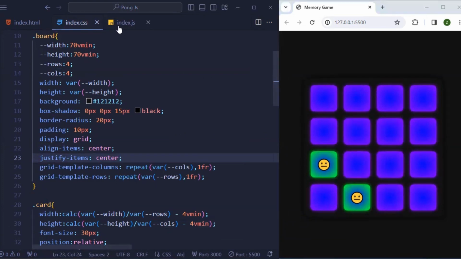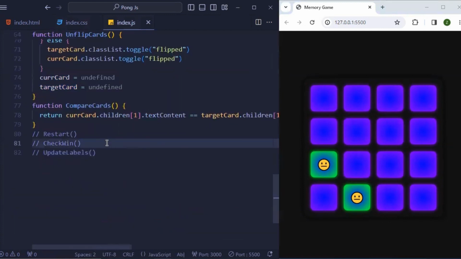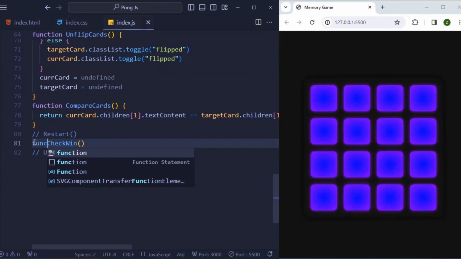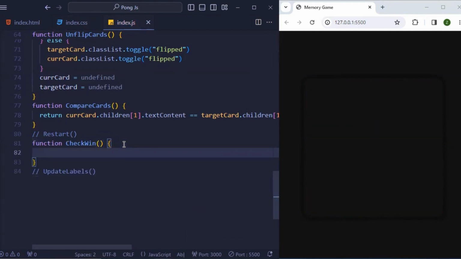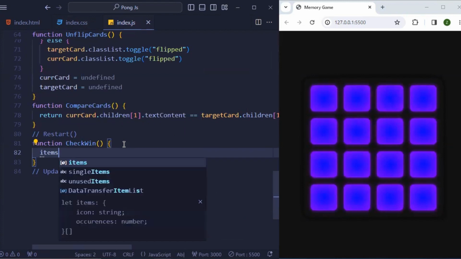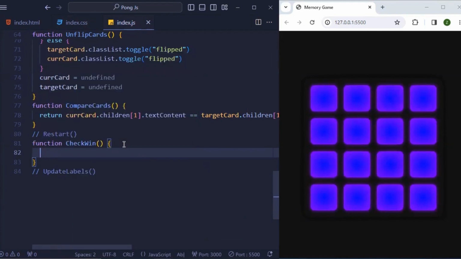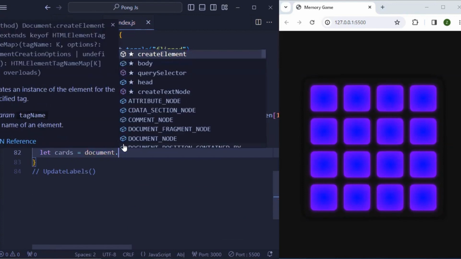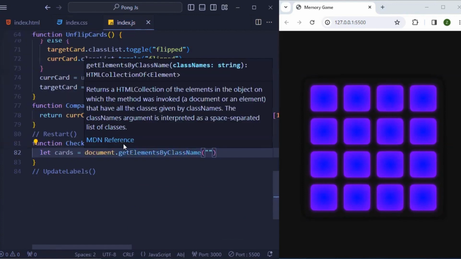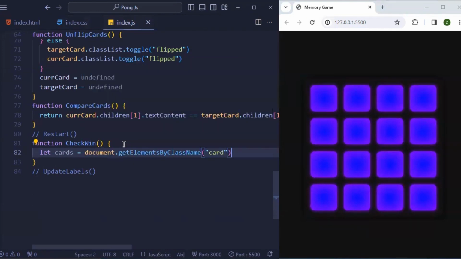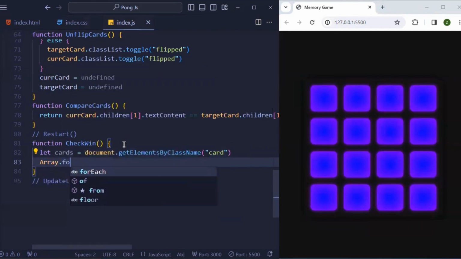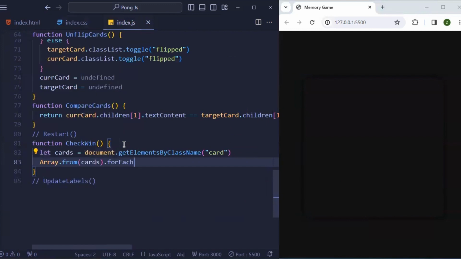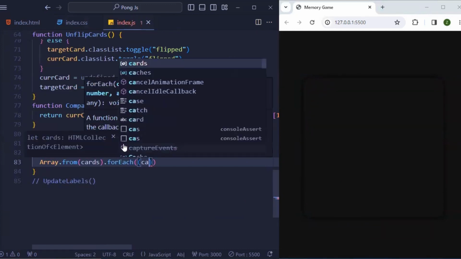Nice. Now that's most of it done, but we also want to check for winning. So we're going to have a function called CheckWin, and it's basically going to loop over all of the items. Not all of the items, first of all, let's get all of the cards. Let cards equal document dot getElementsByClassName of card. Now we want an array from our collection of cards, and we're going to loop over them. For each card,